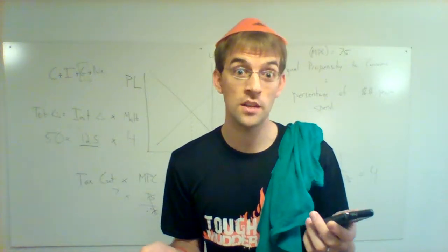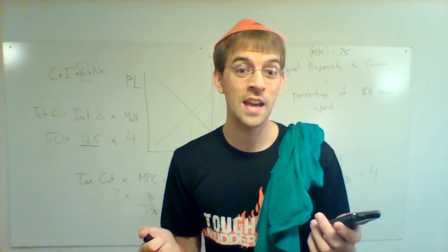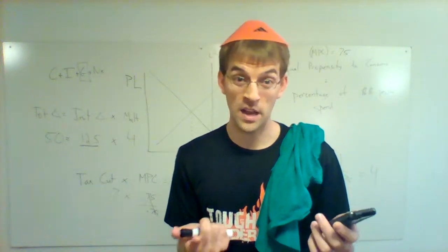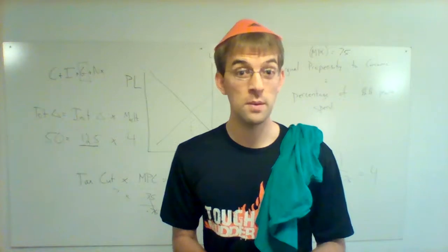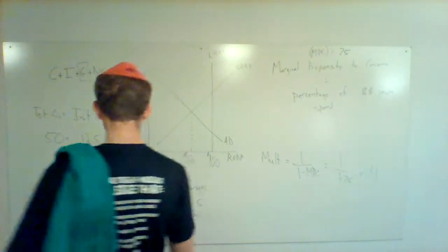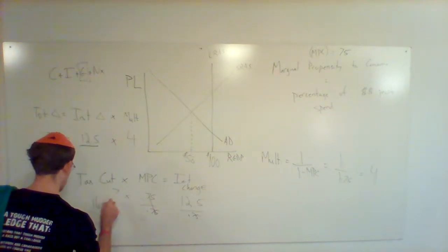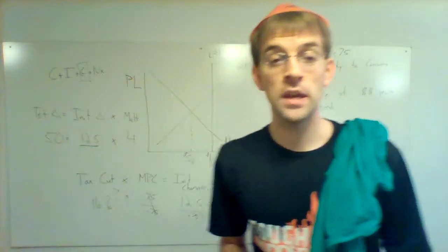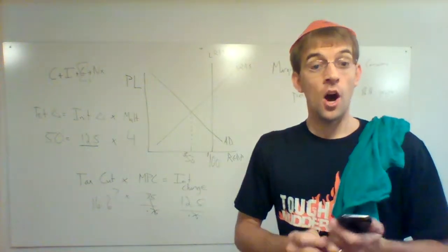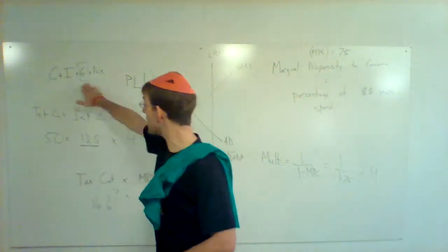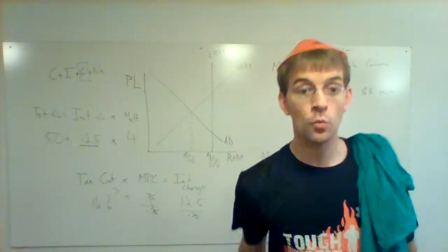If you're getting a number that's like 2.69234568 for an answer, that's probably not right. So it should be something pretty easy to figure out in your head. So I came up with a number that is $16.6, which makes sense because, hey, remember, unlike the government spending increase, which goes straight into GDP, boom, right away,